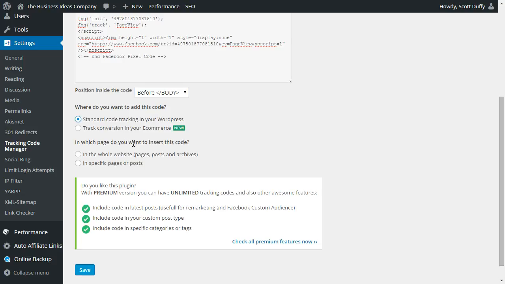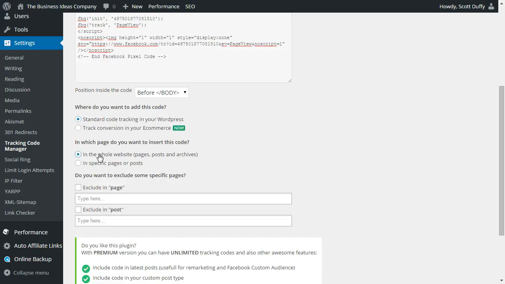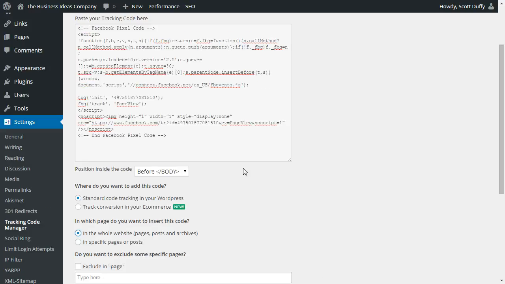And in which page do you want to insert this? Either every page or on specific pages. In this case, I'm going to put the whole website. Again, you can exclude specific pages and posts if you don't want to track it. But in this case, we're going to make it very simple. We're going to have